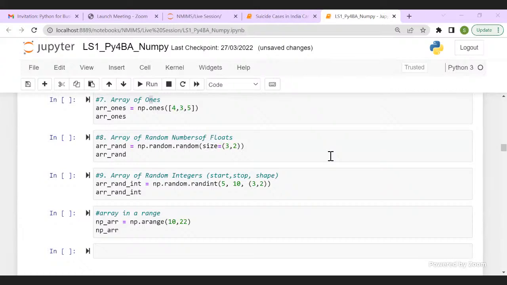Himani is asking, ma'am, there was a difference in the output when we used print and when we did not. Why so? Because print is a function with its defined output. When you use the print function, the output just shows the data points. When you use a simple variable, it tells you the type and encloses the data in brackets. So nothing much to think about it.